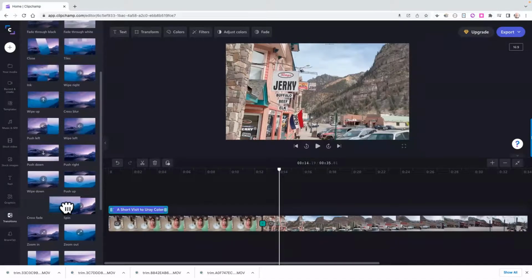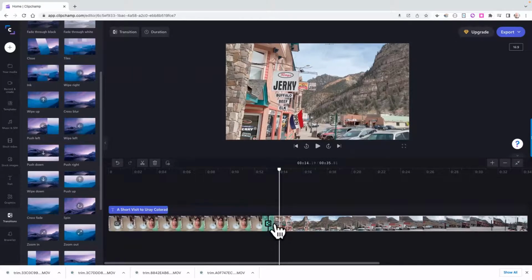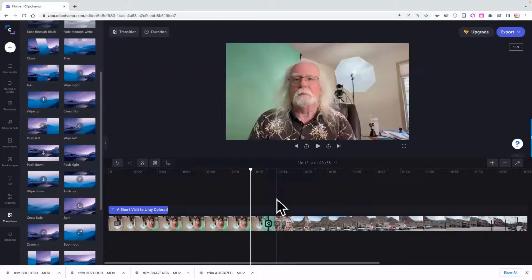And when I start dragging it, you see a place in the video where you can drop the transition, which is, of course, right between the two video clips. It's that little green box right there with the plus sign in it. So I just move this over it until the little green box expands. Then I let up. And now I have a transition there, as evidenced by that little transition symbol. So if I drag my scrubber bar back, my edit cursor back, and play that,